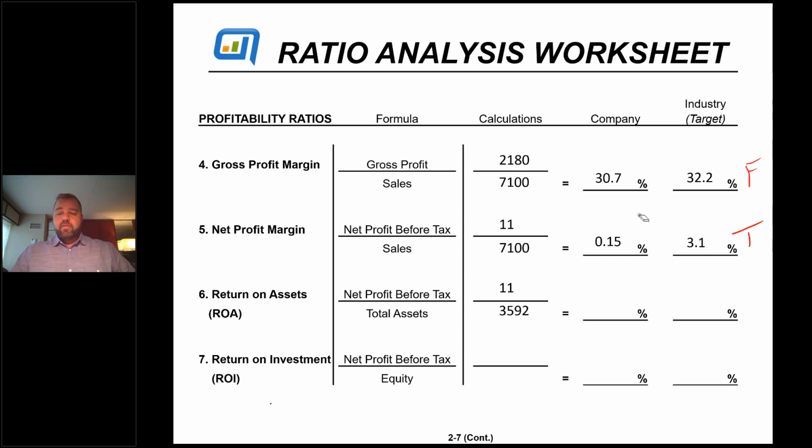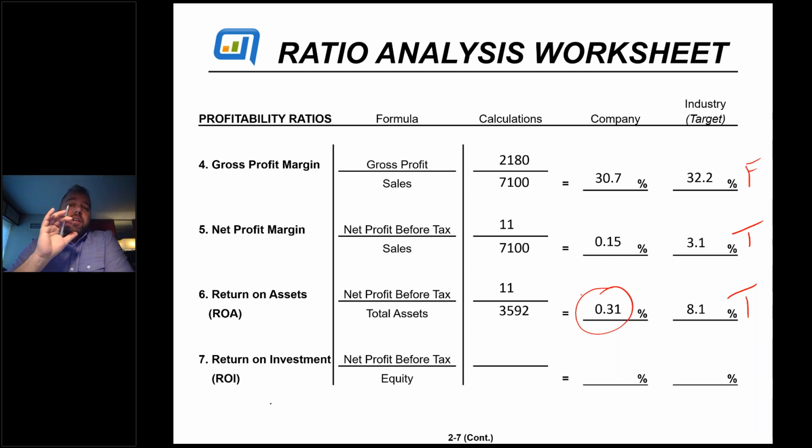We know he has about 3.5 million, 3.6 million in assets. What is his return, right? He's put 3.5 million out, and he's only got 11,000 back. He's making about 1/3 of a penny. So he puts $1 in and 1/3 of a penny comes back, where everyone else gets 8 cents back on every dollar. So I'm going to say he's terrible there too. It's not good because he's not using the equipment.